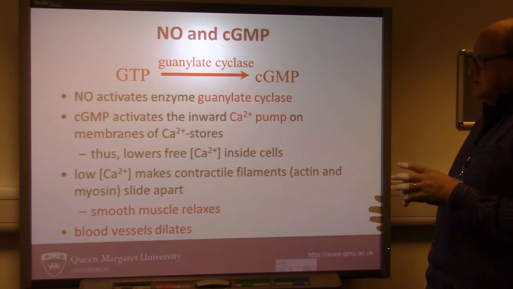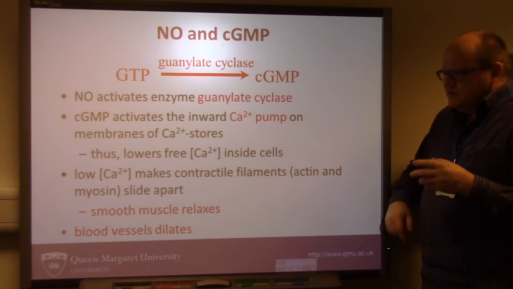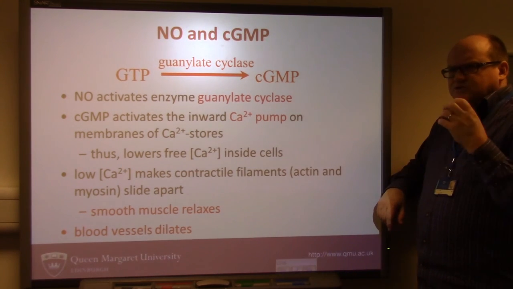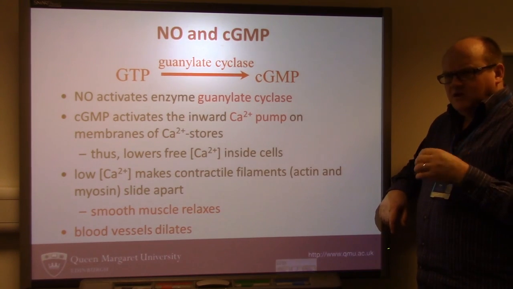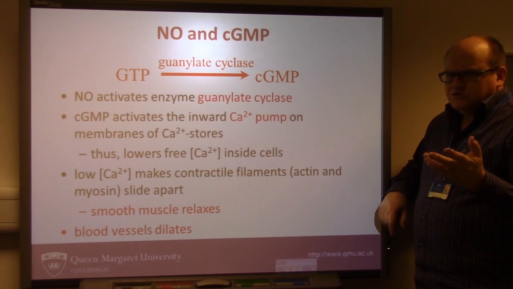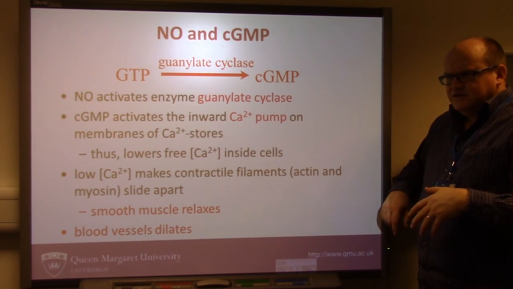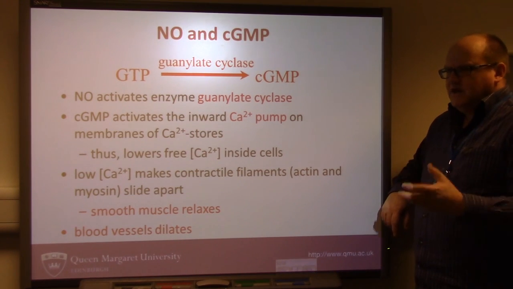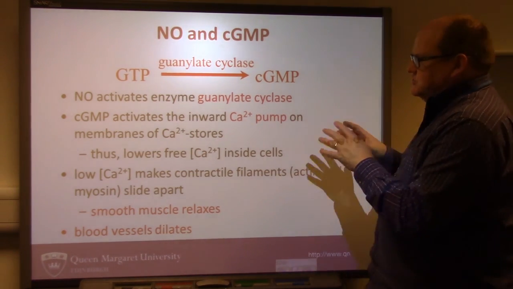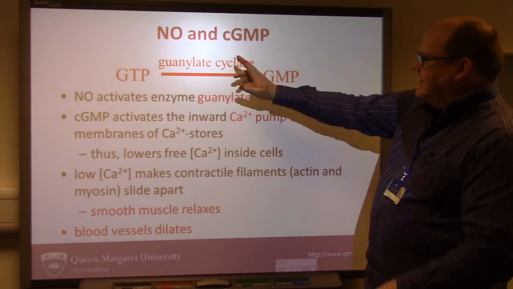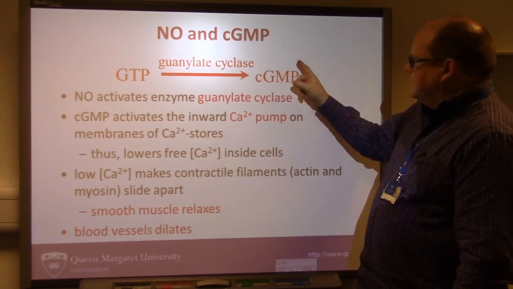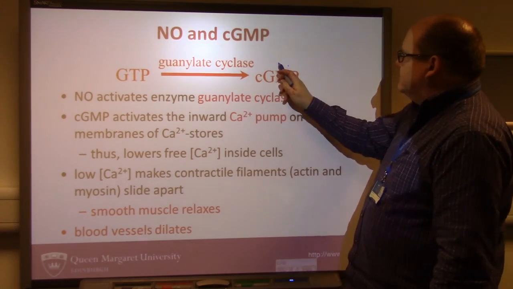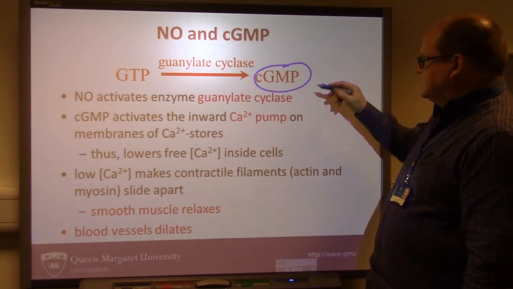So, nitric oxide, exactly how do we get the relaxation? What's the actual detail of that mechanism? We've said that, okay, nitric oxide activates guanylate cyclase, that makes more cyclic GMP, but how does it actually happen? So if we take that mechanism on its own, the nitric oxide activates that enzyme, therefore the levels of cyclic GMP over here, they rise. So these are now